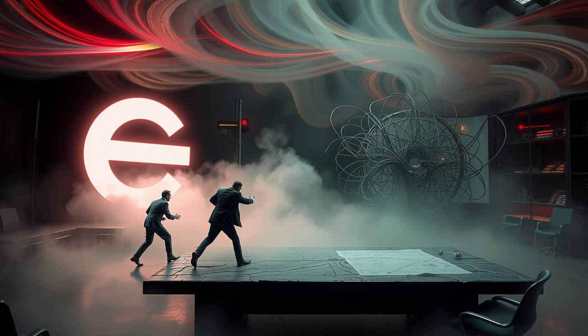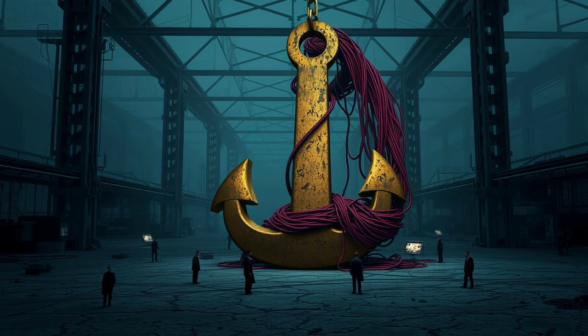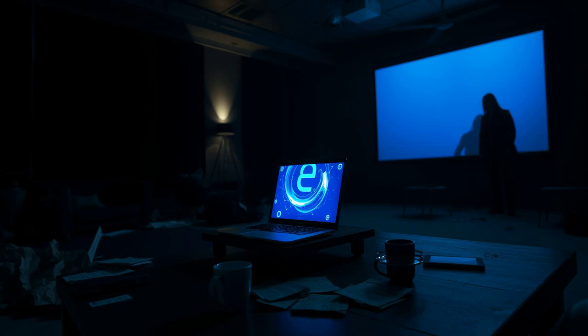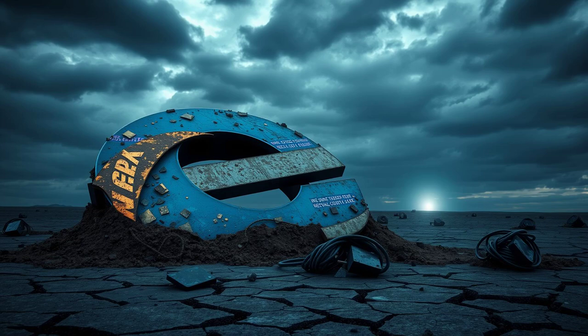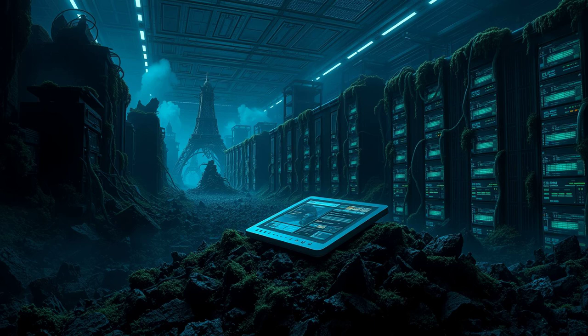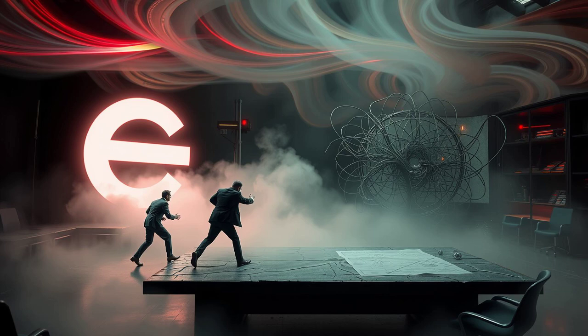Its long-term legacy is debated. Was it the necessary engine that powered the Internet's early growth, or a monopolistic force that stifled competition and held back progress? Perhaps it was both. The cultural symbolism of that Blue E shifted dramatically over its lifetime, from a beacon of the digital age to a symbol of corporate overreach, and finally, a nostalgic footnote or even a punchline.